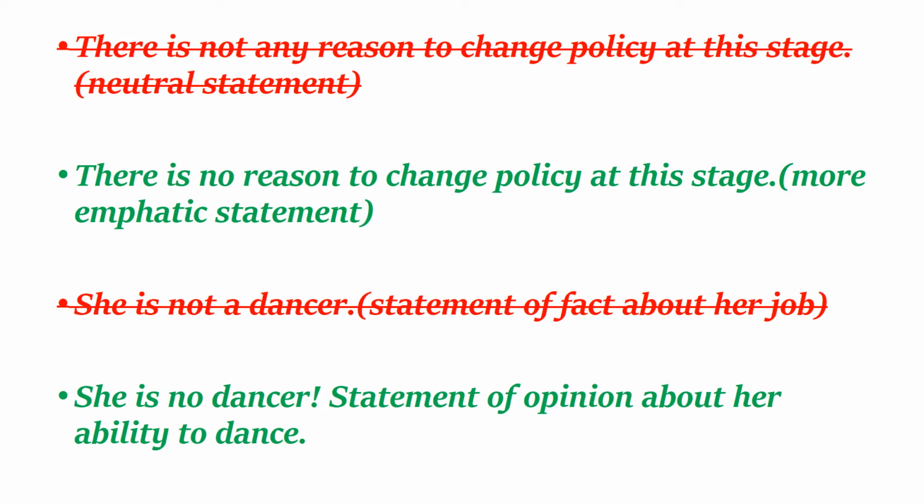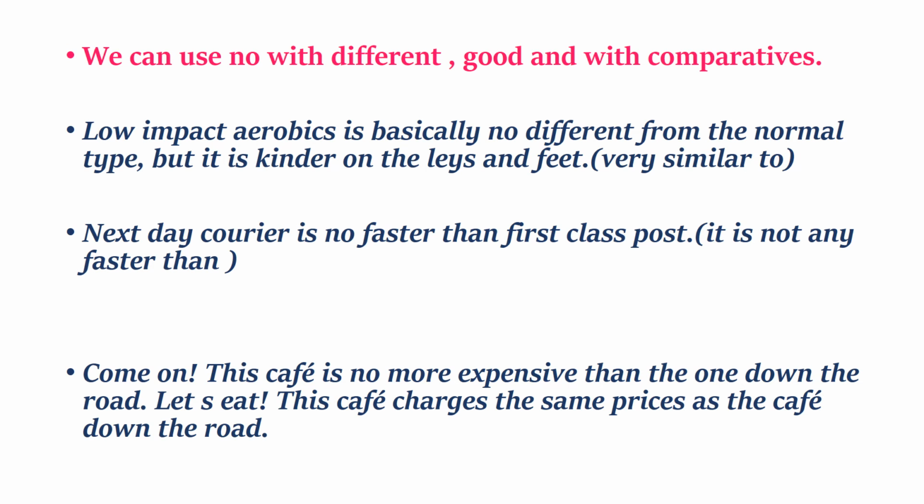The other example: she is not a dancer. This statement is a fact about her job. She is no dancer. It is a statement of opinion about her ability to dance. We can use no with different, good, and with comparatives. Example: